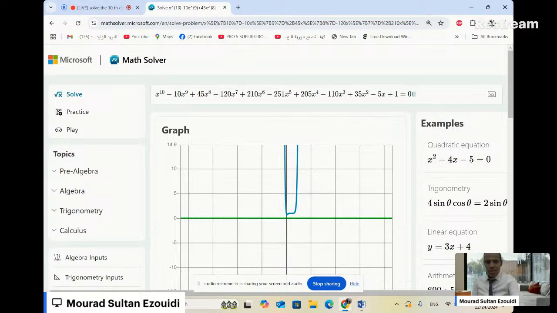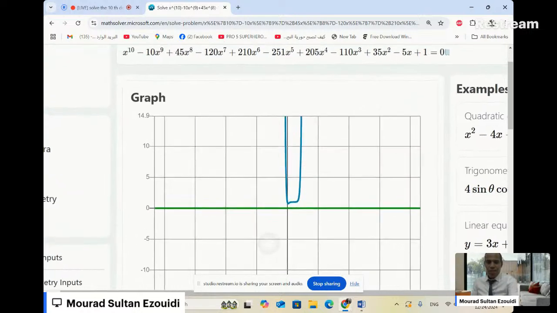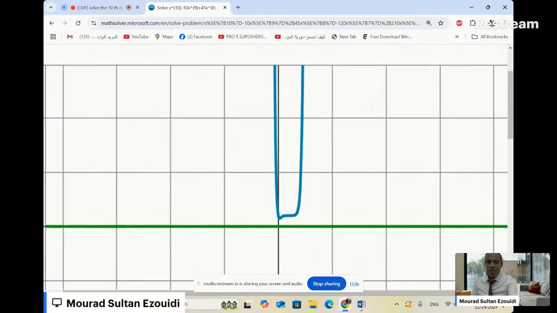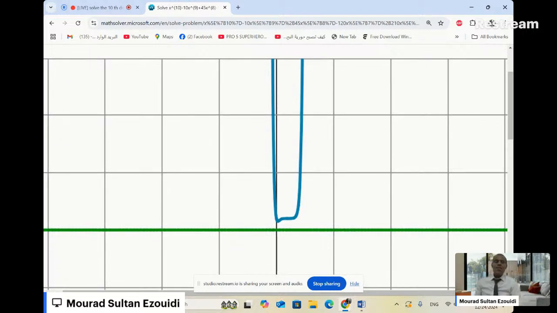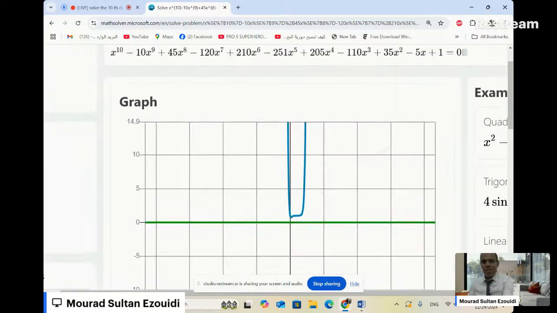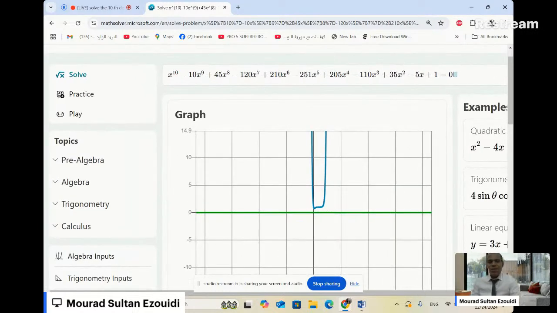So here you see all the graphs. Let's say the roots are imaginary. But here in this example, we gave you only real roots. Okay, so it can solve now. Now we go to